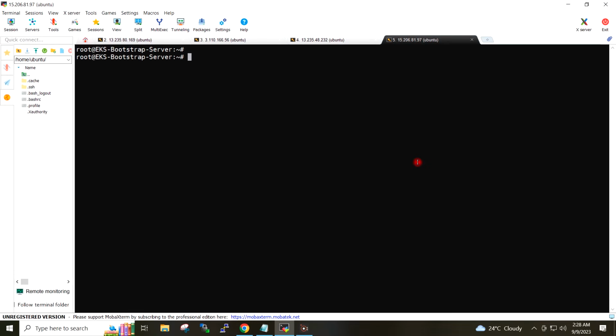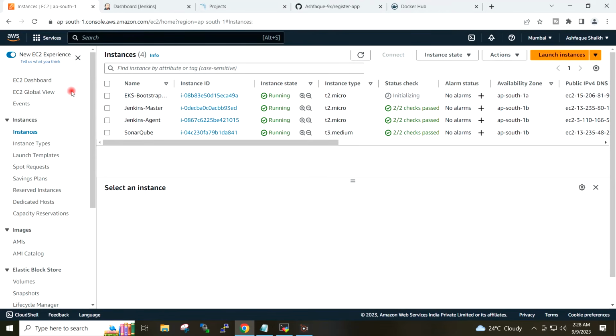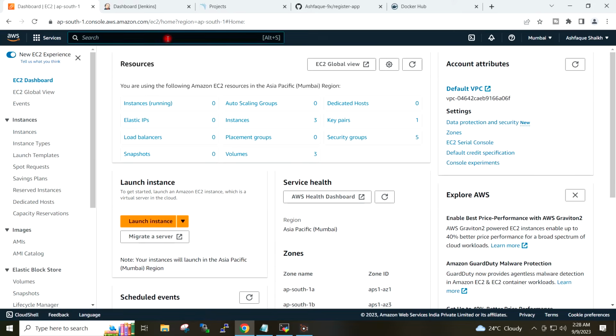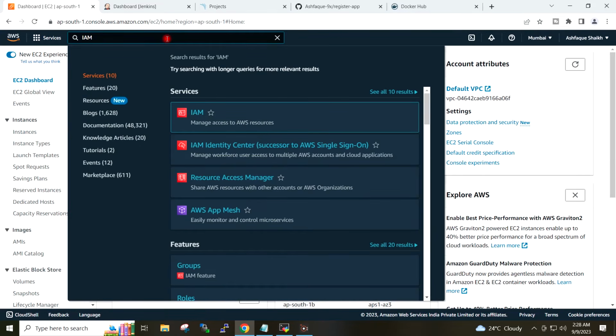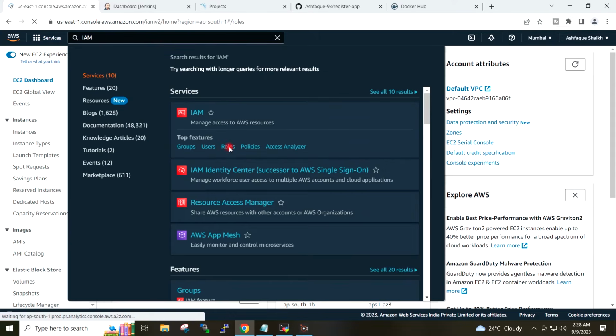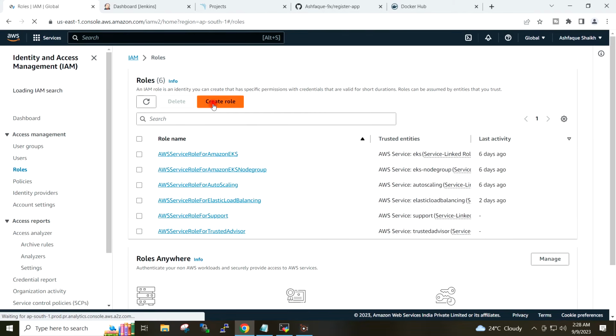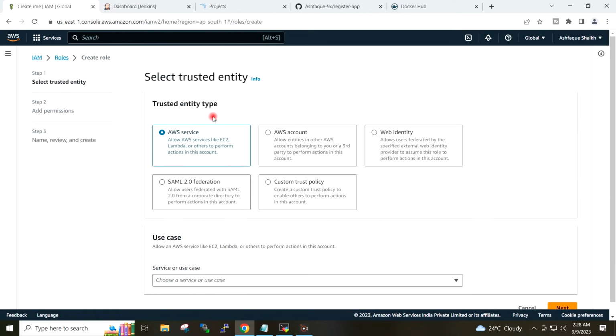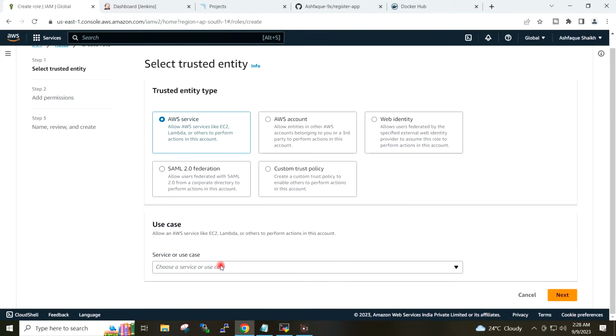I have to now create the IAM role which we will assign to EKS Bootstrap server. So on the AWS console, I will go to IAM roles, create role, AWS service, EC2.